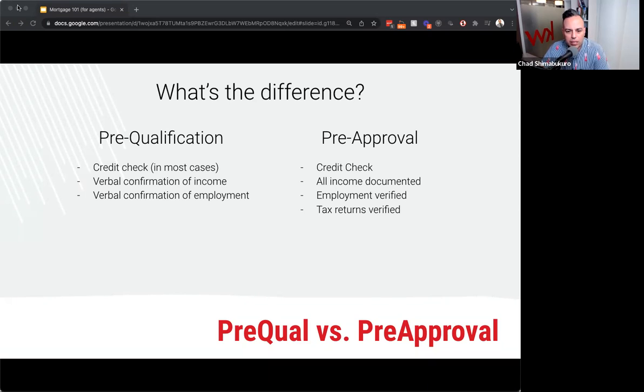So in that circumstance, like I mentioned before, your GCI could be $1 million a year, but your adjusted gross income and your net income could be, and probably should be, substantially less than that. And then it's, how long have you been doing this for? How long have you been consistently doing this self-employment business for? Most lenders want to see at least 2 years that you've been doing this with a consistent trend of equal income or rising income.